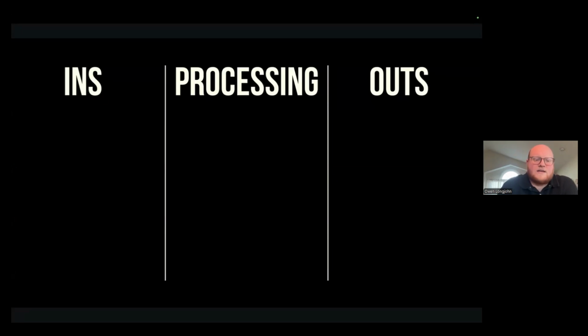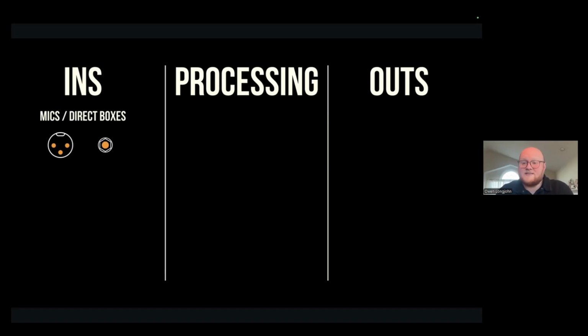So in an audio context, here's some of the things that I mean by ins, right? Our inputs. So things like microphones, direct boxes. If you don't know what a direct box is, it's that little box that a guitar plugs into. So you plug the 1/4 inch in, and then you plug the XLR in to the other end. That's a direct box or DI or direct input. There's a few different names for it. I could go into why we use them, but I won't do that here.